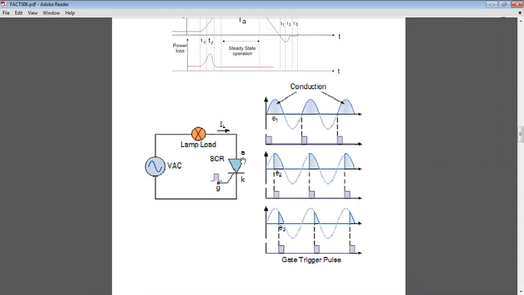Whereas during the negative cycle, the anode is connected to negative and the cathode is connected to positive, so it is said to be reverse biased, and it is not favorable for conduction. Only this shaded waveform is the output. Even if you give the gate signal during the negative cycle, you don't get the waveform because it is reverse biased. Similarly, you can control the DC voltage by changing the firing angle. So this is about simple rectifier operation.